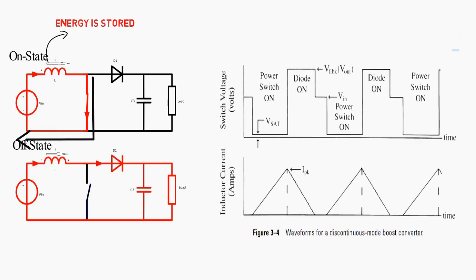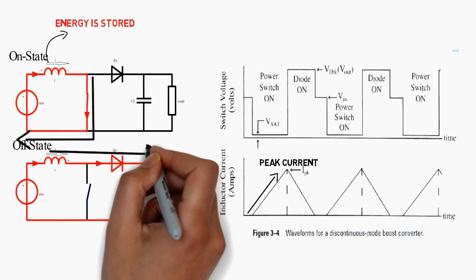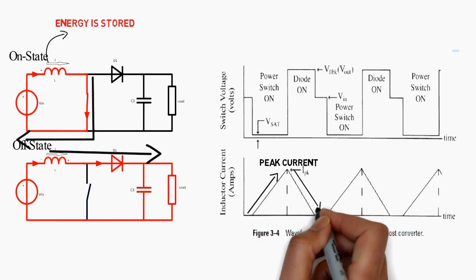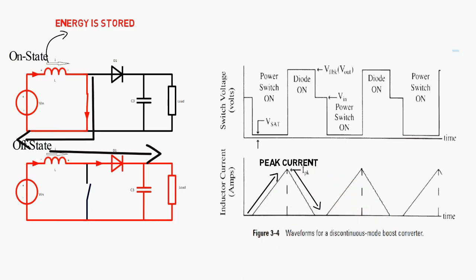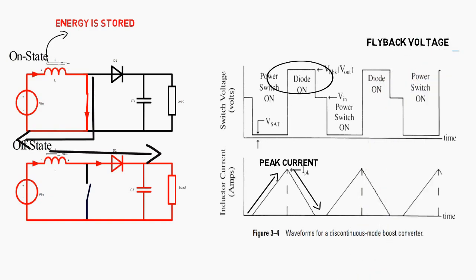After some time, the current in the inductor comes near the peak current. Now, when you switch off the active switch, the current flowing through the inductor is cut off and the inductor resists a change in current through it. Hence, the rising current starts collapsing, inducing a very high voltage called flyback voltage, and this energy starts to discharge via the passive switch. Hence, the net output voltage becomes input voltage plus flyback voltage across the inductor. By repeating this step, the boost topology works and the output voltage is regulated by pulse width modulation.